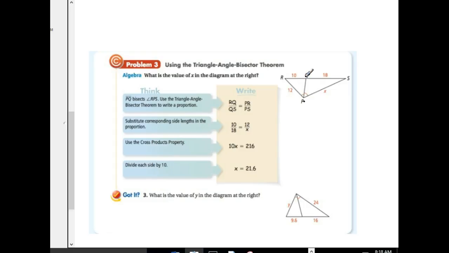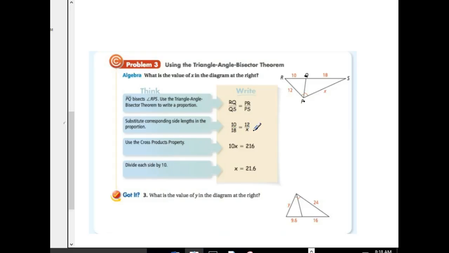proportionally. So in this case, RQ can be compared to QS. So this can be compared to this in the same way that PR can be compared to PS. And again, remember, this only works because you have an angle bisector here. So if I substitute the numbers in there, I can say that 10 is to 12 as